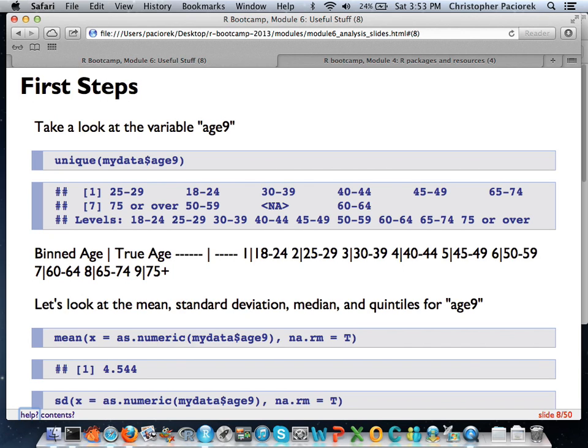So maybe a good place to start is to try and figure out some very basic sample statistics about age, for instance. Now, I'm not sure if Chris talked about this, but a good way if you want to get an idea of the range of each one of your variables is to just use this command, unique. Right here, we're applying it to basically a vector that we're pulling out of our data frame, my data, H9. You can see here, it's a factor. We've got these levels here, and these are the unique values in the particular data set. We do have a missing value, too, that's going to be unique.